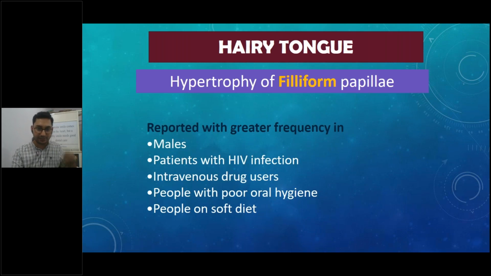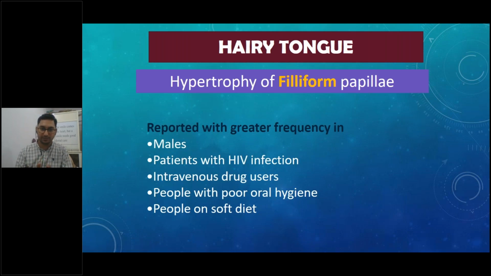Second is patients with HIV infection, very common. Hairy tongue is very common with HIV infection. Intravenous drug users, this is basically the drug addicts. People with poor oral hygiene, of course, and people on a soft diet, because with a hard diet, or you can